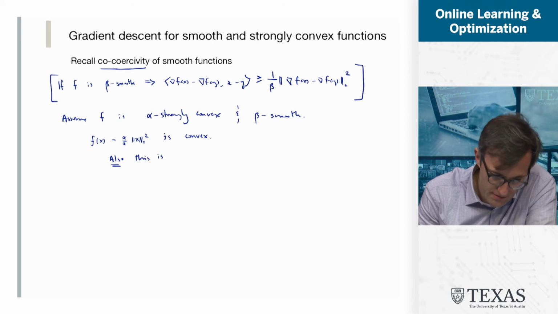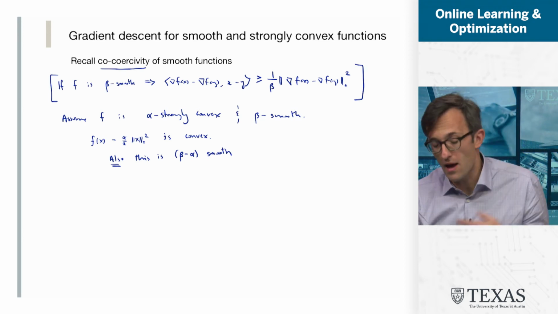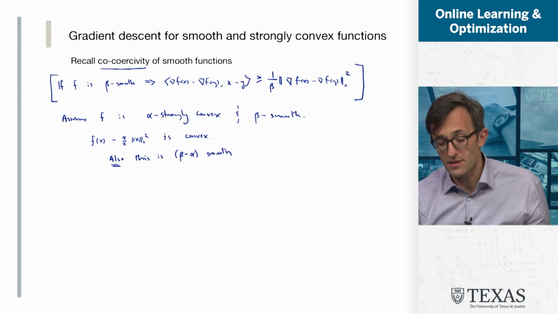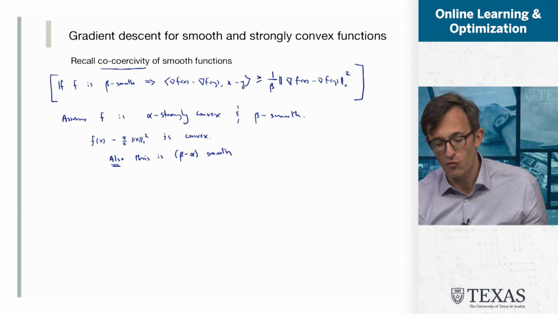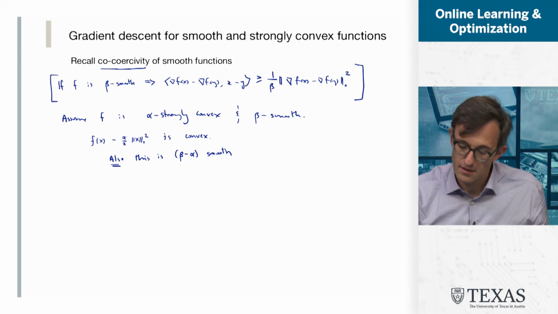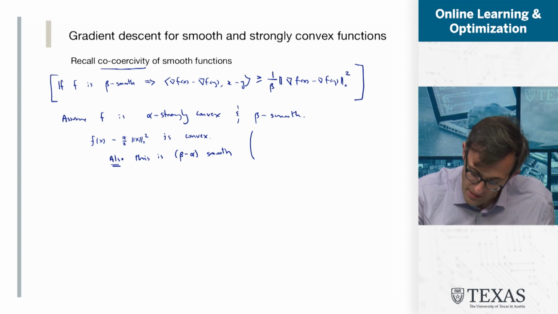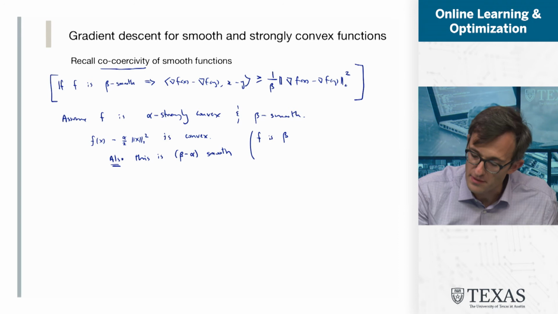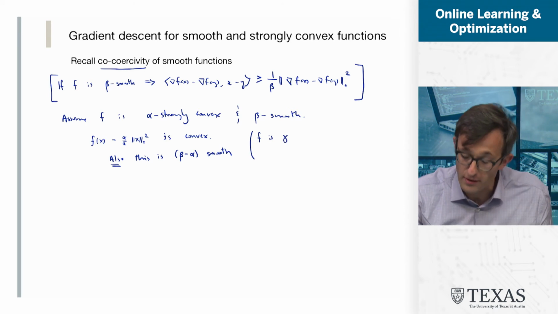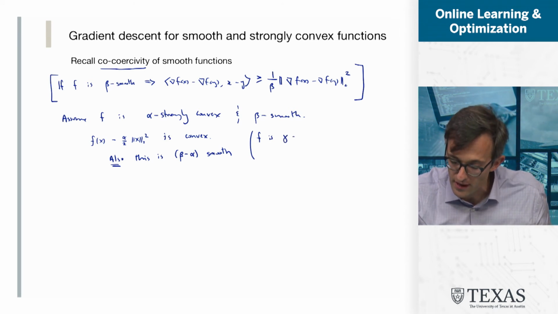Also, this is beta minus alpha smooth. Now remember, how would we show this? Remember that our property for smoothness tells us that, how would you show this? Remember that f is, let me write, instead of beta, maybe it's more clear if I write a generic constant, gamma smooth